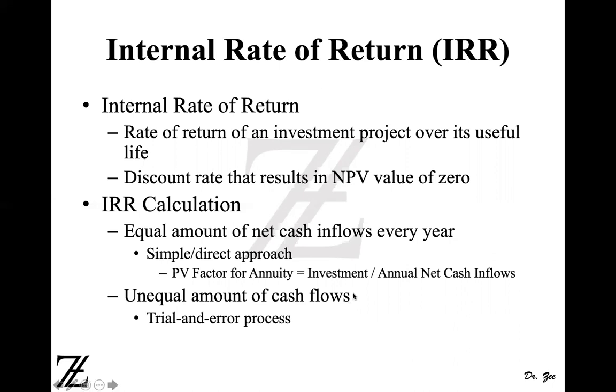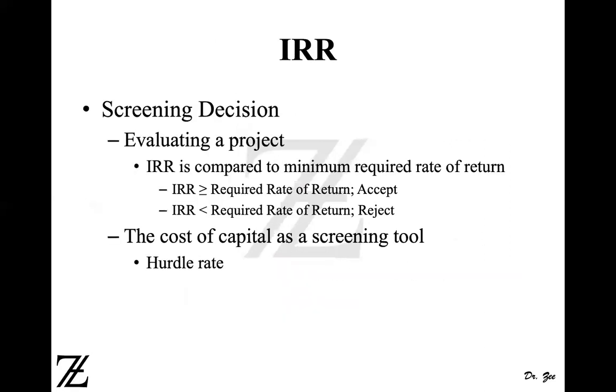So what we do is we divide the investment by the annual net cash inflows. Investment is your initial investment, divided by how much you will be receiving every year, the net cash inflows per year, right? So 10,000 per year. So you can see why we cannot use the formula with the trial and error process here, because if you have unequal payments or unequal receipts, then you cannot have the same annual net cash inflows. Okay, so we calculate the present value factor for annuity when we divide investment by the annual net cash inflows.